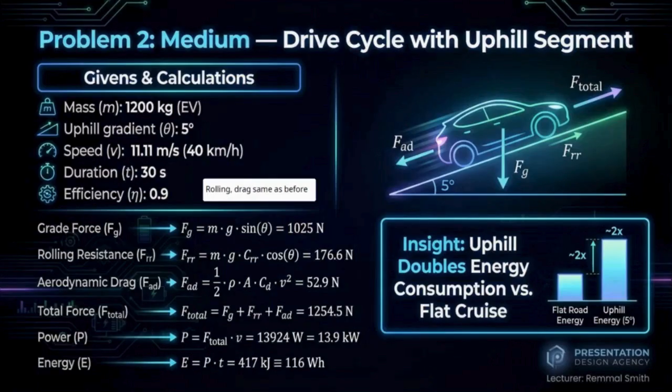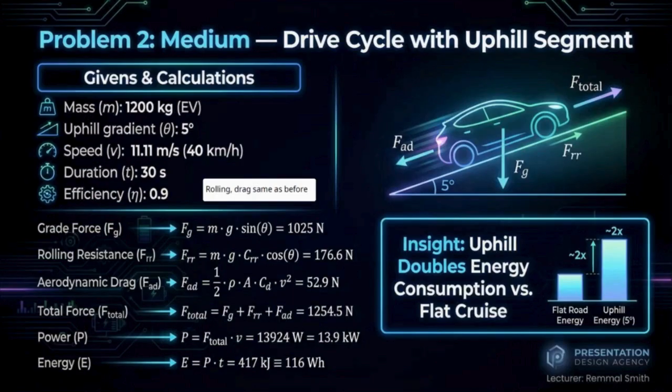Now let us analyze a drive cycle with an uphill of 5 degrees. First, calculate the grade force. Grade force equals mass multiplied by gravity multiplied by sine theta, giving Fg equals 1025 newtons. Rolling resistance force equals 176.6 newtons. And aerodynamic drag equals 52.9 newtons. Total force equals grade force plus rolling resistance plus drag. So F total equals